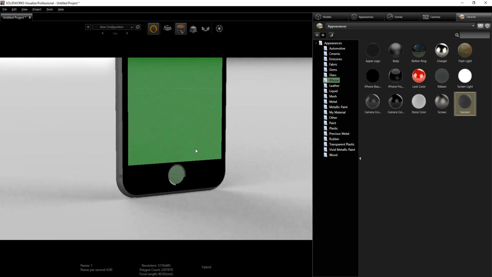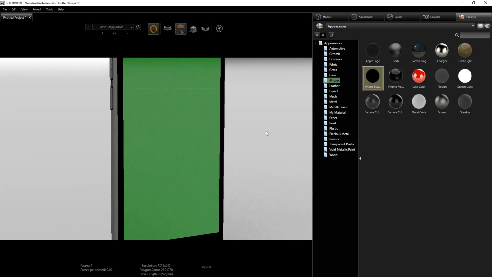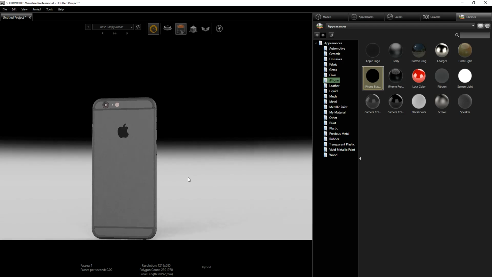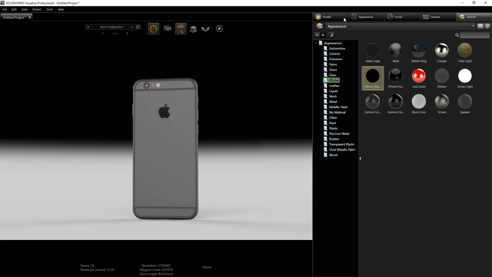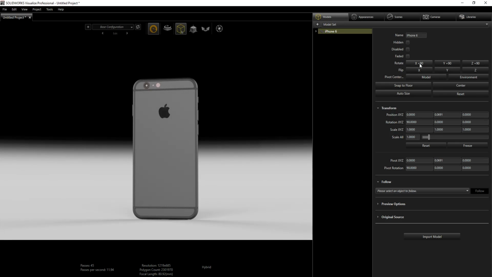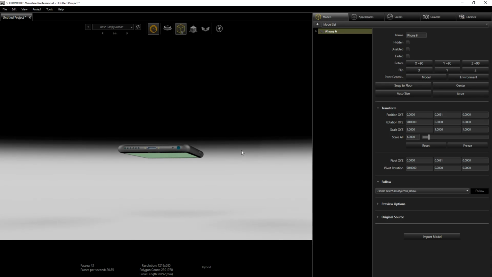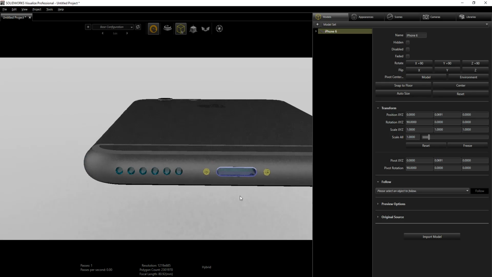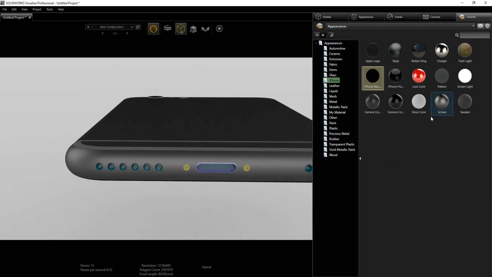The color, I'm gonna drag this black, also this black to that, to the button, because if you look on the iPhone, the color of the button is almost the same color as the face. So now that we have all those done, let me flip this iPhone so I can go back into my model and rotate in the X direction just to get that button, and I'm just gonna zoom in on it. So I'm gonna go back into my library and I'm gonna drag this to that,